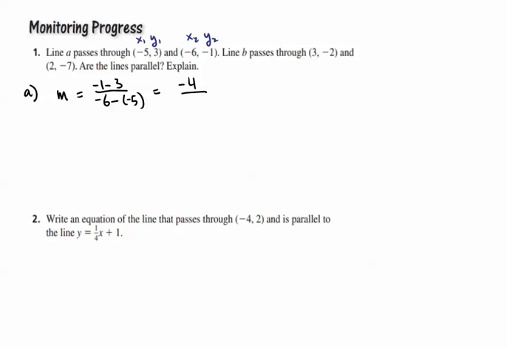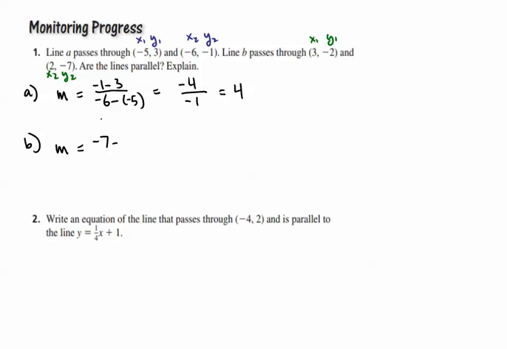You really have to watch out for your negative signs. Use your calculator if you need to. Negative 6 plus 5 is going to be negative 1. Negative 4 over negative 1 is positive 4. So that's line A. Line B, and we'll label our points in green this time, x1, y1, x2, y2, and m is equal to